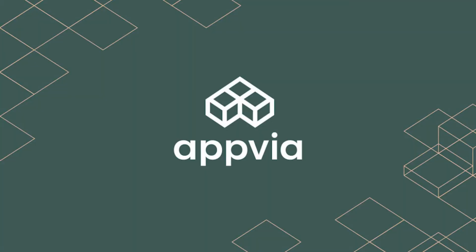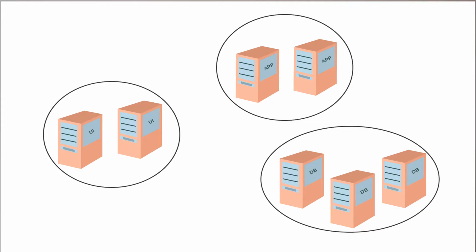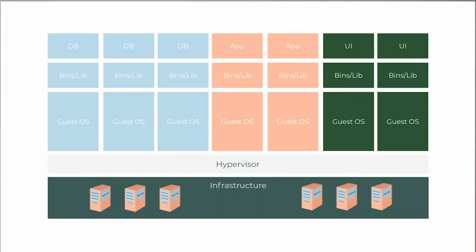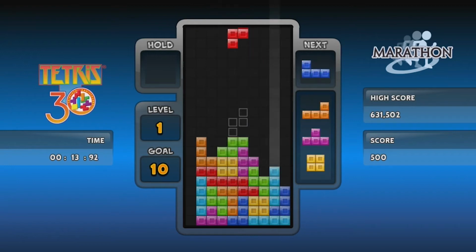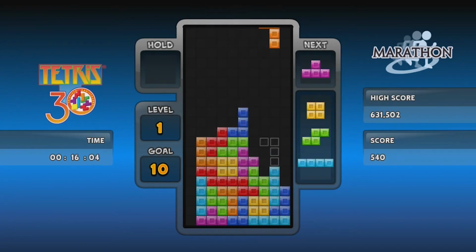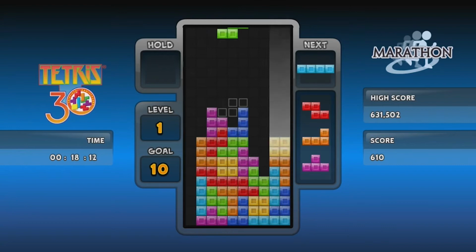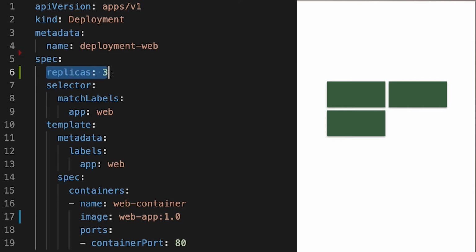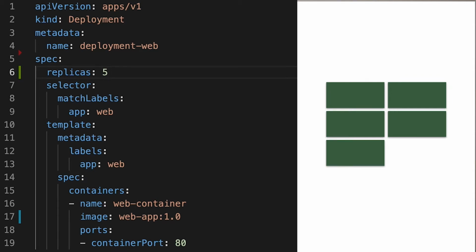To set the scene, without Kubernetes, your infrastructure might have looked like applications running on individual discrete servers. Or, if you spent the time to virtualize that environment, it might look a little bit less wasteful. But it's after all 2021, so naturally everything is running in containers, and it's all being orchestrated by Kubernetes. So if your apps support scaling, you can just adjust a little bit of YAML, and before long you've got more instances of your applications running.